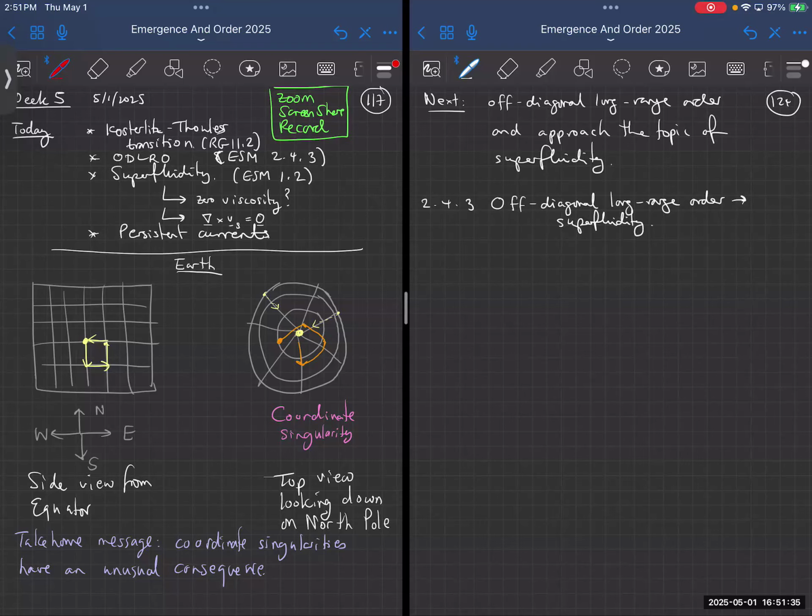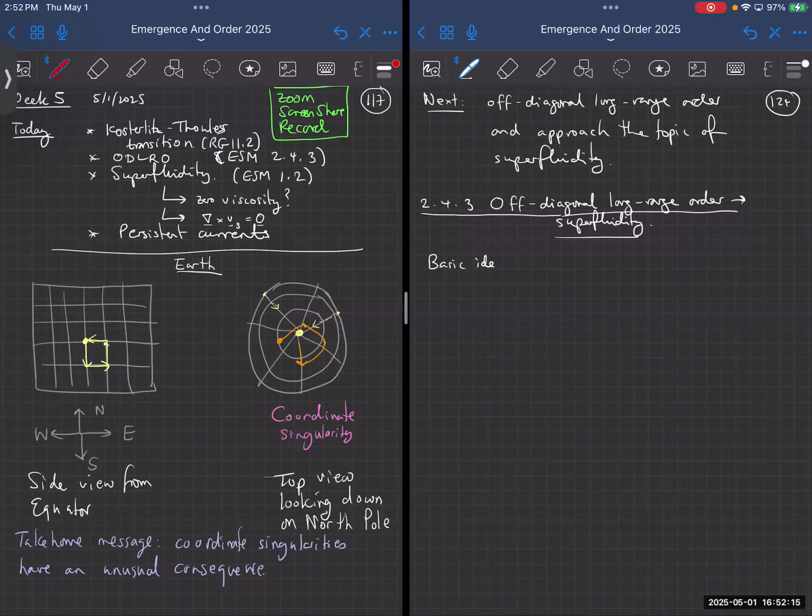So I'm not going to go into a huge amount of detail about what off-diagonal long-range order is. What I think I'm going to do is tell you in words what it is. I'm going to tell you at the end, if I have time, why we call it off-diagonal long-range order. I want to dwell on the consequences of it first, and then if I have time at the end, or maybe the beginning of the next lecture, I'll go into a little bit more detail using a little bit of second quantization.